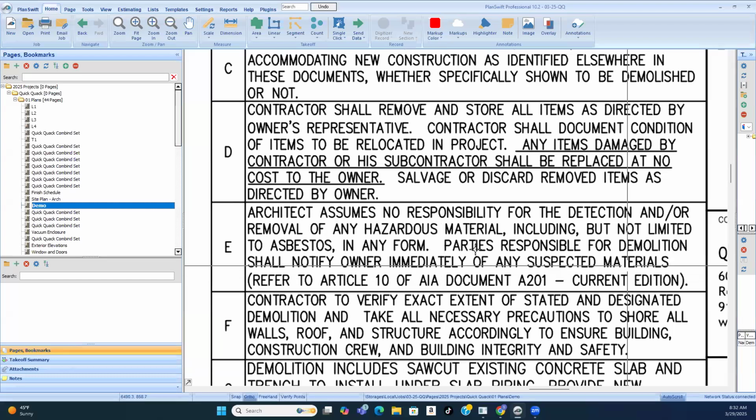So parties responsible for demolition shall notify owner immediately of any suspected materials and it refers to Article 10 of AIA document. You're familiar with AIA documents? That's a contract. The American Institute of Architects, AIA, it's just a series of boilerplate contracts, and I think I have a video on YouTube from a couple years ago. It's a series of boilerplate contracts that they use. And so that's what they're telling you to refer to because